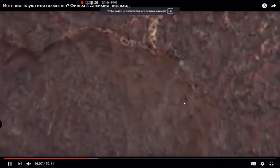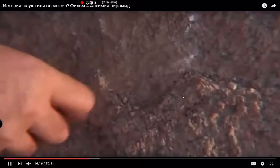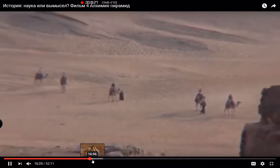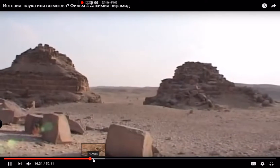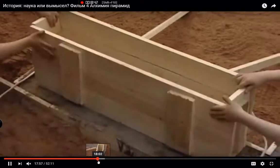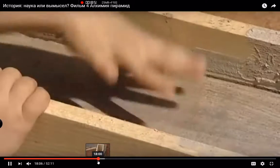And you can see it's a different structure on the inside and outside layers of those blocks, because the outside layers were more expensive and they probably did them more precise and more granite and stuff like that. They put more granite in this compound, and the inside of the block is always cheaper, and it actually could have been done with cheaper materials like sand and some granite, but in less percentage of compound. So that's how they practiced, and